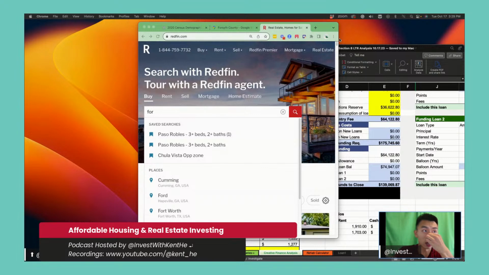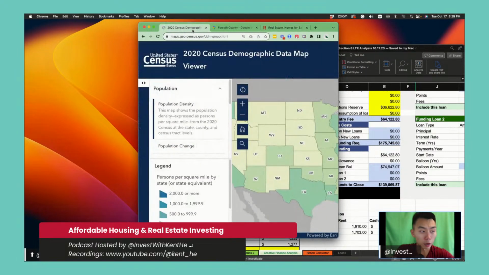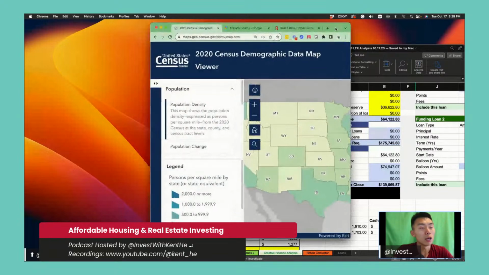What I'm going to do today is work on looking for another market to see whether there are any opportunities in another area. Okay, so here's what we're going to do. We're going to go to this website on the census. It's called